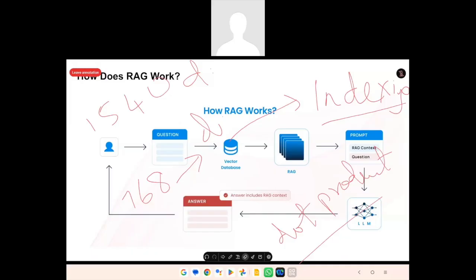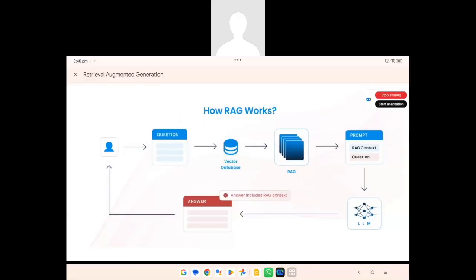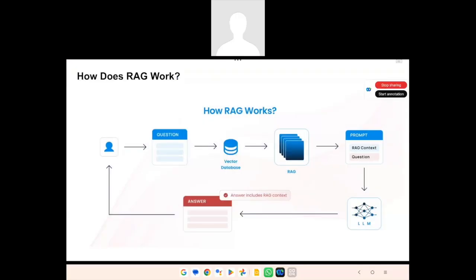So this indexing mechanism mostly uses the centroid. What it does is, you have the vector, you take, let's say, the first 100 numbers, you compute the centroid, and you have one number. Next 100, you compute the centroid, you get another number. In that way, you kind of compress the vectors. So in this way, you do the indexing, you compute the vectors and you store it. And for any question the user asks, you follow the same indexing mechanism and finally do the vector search and get the output.